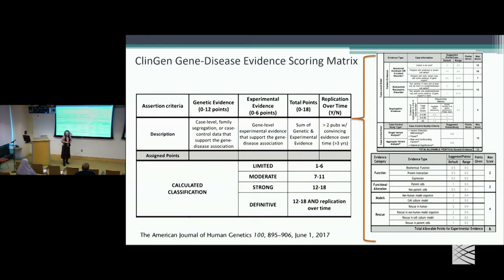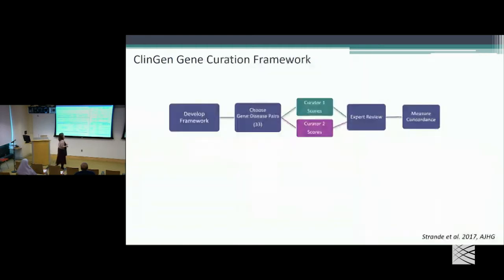There is a fair bit of subjectivity and expert opinion in how to think about the points. And every time you go to assign points, there's also subjectivity to this. So at that level, we have a stage where experts review the data that's been aggregated and the scoring that's been applied and say, yes, I agree with that, or no, I don't. I didn't count this animal model because that phenotype doesn't really match what I think is the human disease. I don't think that's good data. I would decrease that scoring. That's how the experts might weigh in.